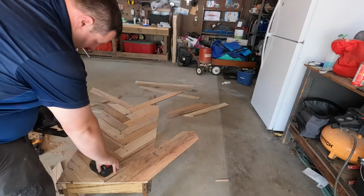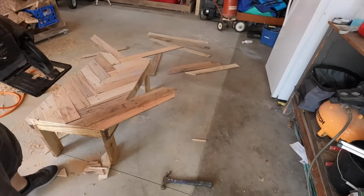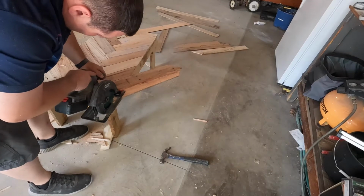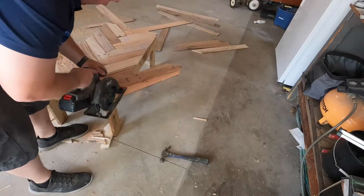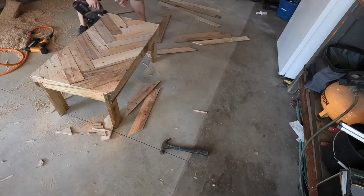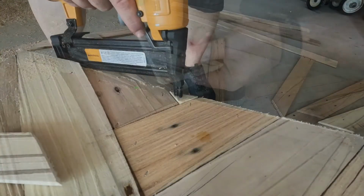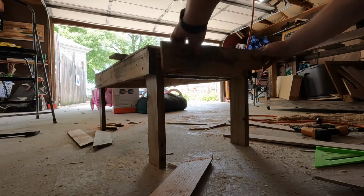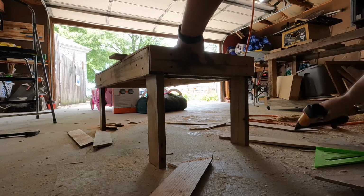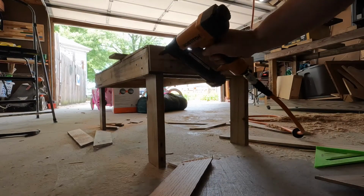This is where I really should be setting the depth of my blade. And as you see, I didn't. I have this one tiny little triangle. I don't want to leave that. So I cut down the end pieces. I have not measured and cut the side pieces yet to give this just a finished end cap type look. And maybe not end cap, but